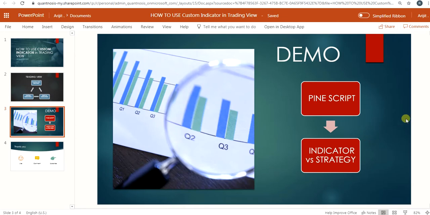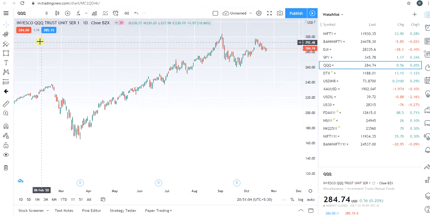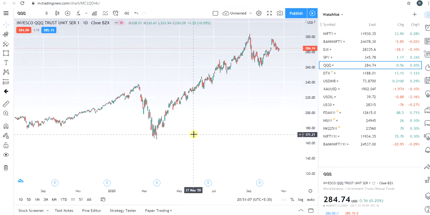So before we jump into the example of the custom indicator, TradingView actually has its own scripting language called Pine, which is currently version 4, and as a programming language it may not be that advanced, but it still does the job. So Pine supports development of both indicators and strategies. Now in this video we are going to talk only about the indicator, and strategy we'll talk about in another video. Now going back to the example, right now I have opened a chart for QQQ, which is basically the ETF for Nasdaq